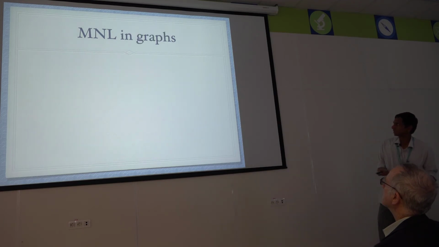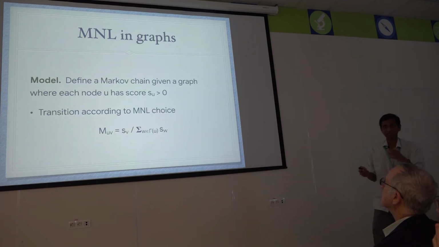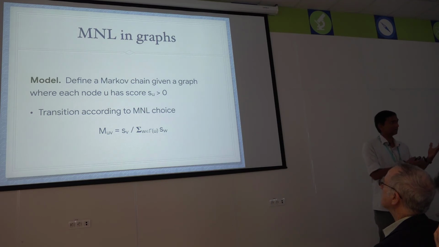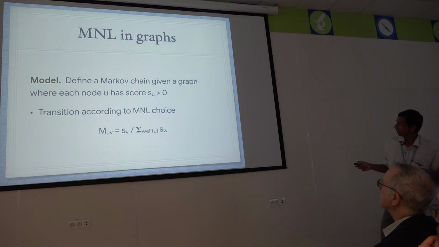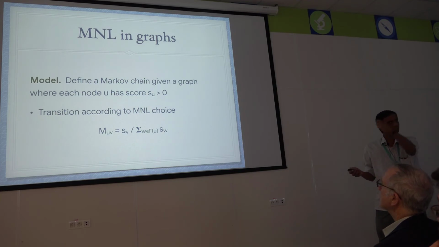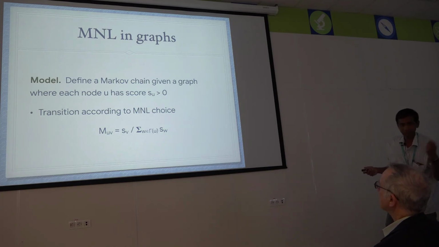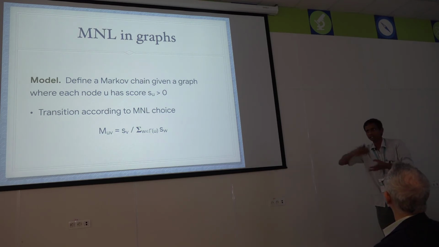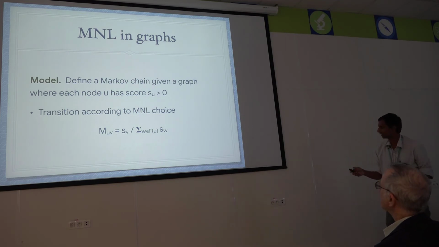Okay. So I just want to give you a very brief intro into graphs, because there are conferences on graphs. I don't want to miss this part. So the problem we consider here is motivated by the MNL problems. So here is the problem. You are given a graph and every node has a score. First of all, you can define a Markov chain based on the setup the following way, motivated by MNL choice. The Markov chain's transition M_uv is exactly the score of the target v divided by the sum of the scores of its neighbors. That's exactly the choice, right? Imagine that you're doing a random walk. I choose according to the MNL process, and this is what I'll get.